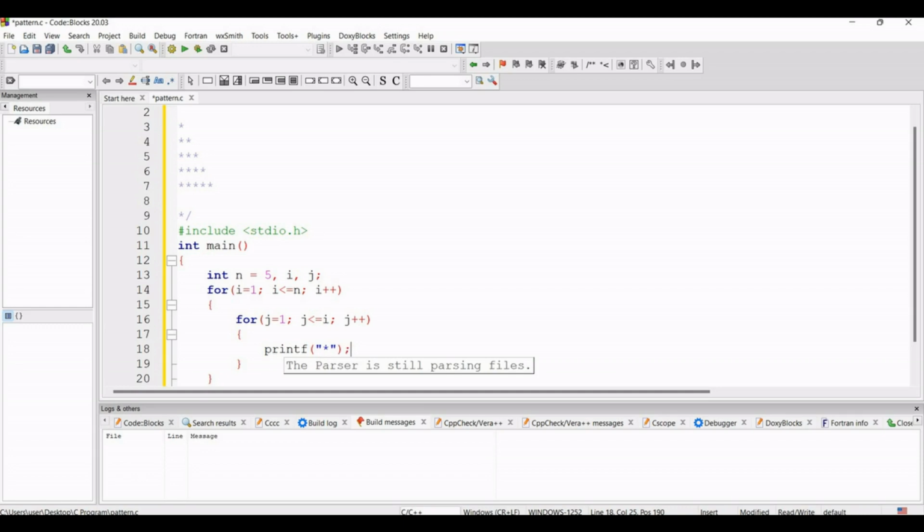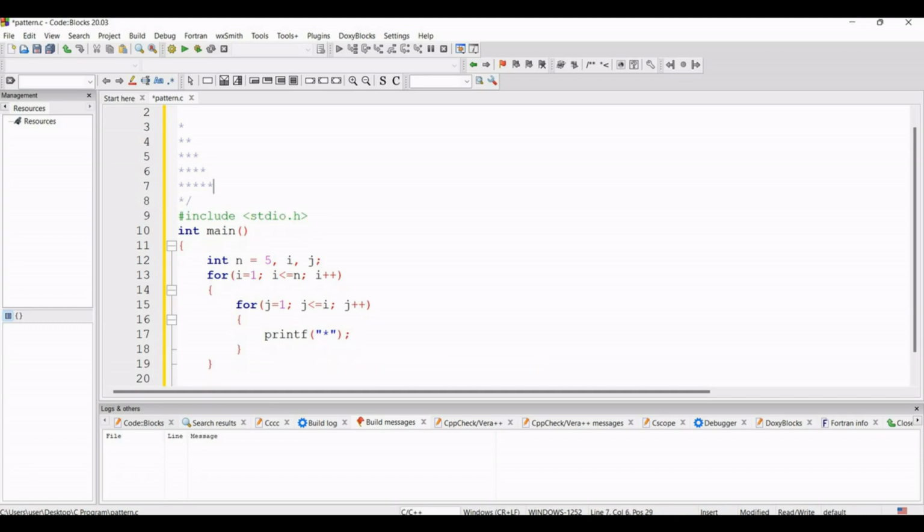So what will be happening there? I am just pressing back, by which you can see the whole screen. Now you can see that there are a total of 5 lines, that means the outer for loop will rotate 5 times, and for each of the 5 times the inner for loop will rotate. So this outer for loop is for rows, and this inner for loop is for columns.